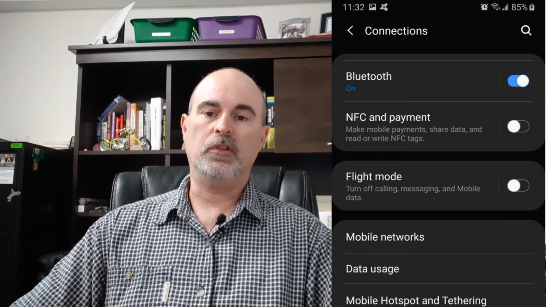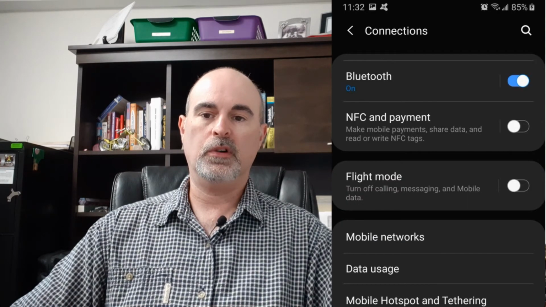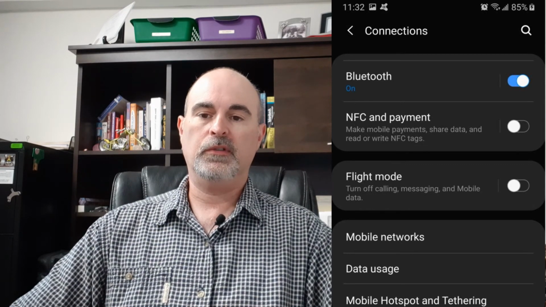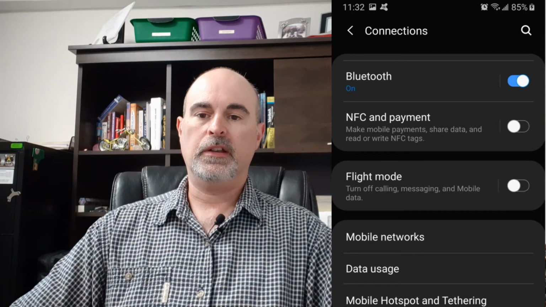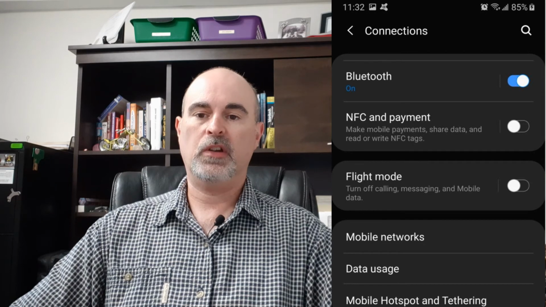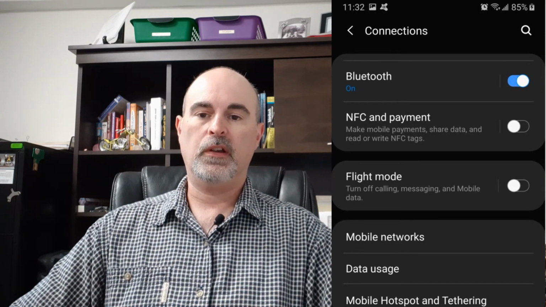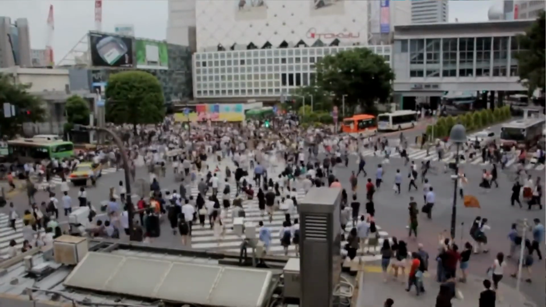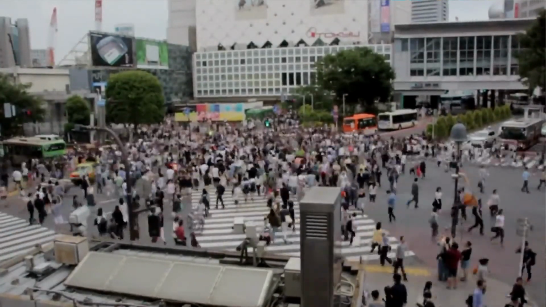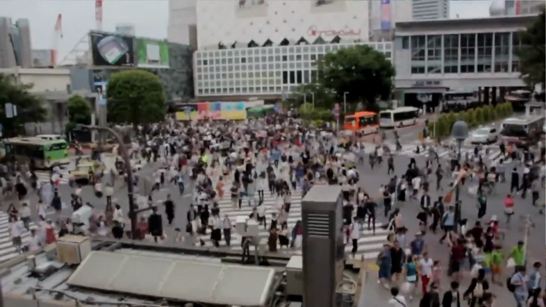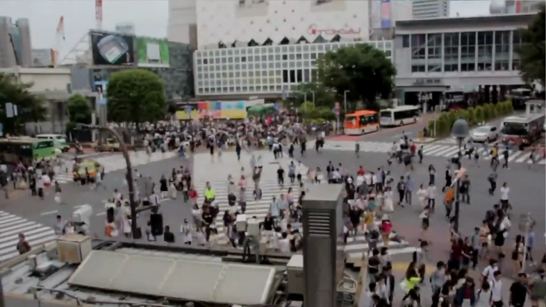This is used if you're going to be paying for something at a store with your phone, where you tap your phone and you're able to send your bank information through there and it pays for it. But it also allows people to gather other information. You can transfer straight from one phone to another. So as far as security goes, you are at risk if somebody were to pretend they accidentally bumped into you and their phone touches your phone and they just received your contact information. There's all kinds of ways that people can take advantage of that service.